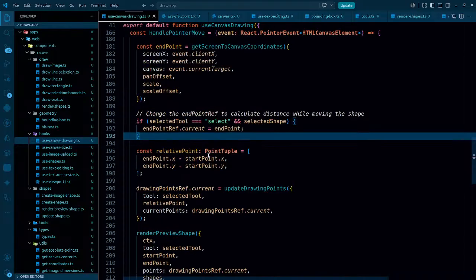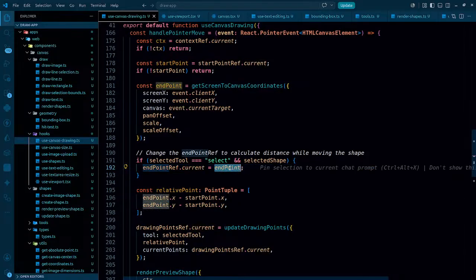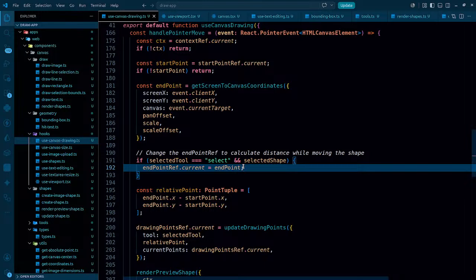Once it comes to moving the image, just a minute, we have to change what? We have to simply change the value of